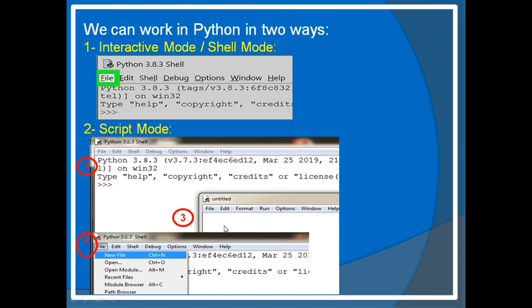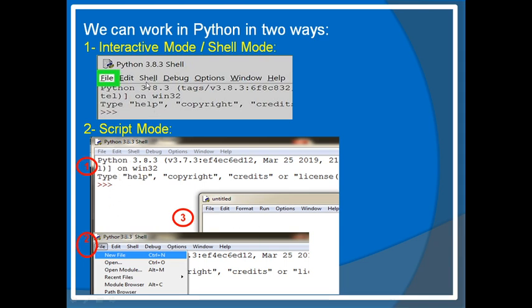After writing the complete program, you have to press F5 and that program will be executed. That means the complete content of the file will be executed one after the other up to the last line of the program, and you will get the output. So this is script mode. If you want to write in script mode, you have to follow this procedure.